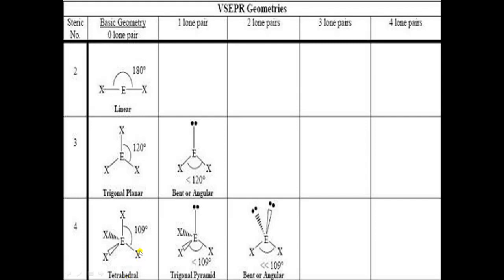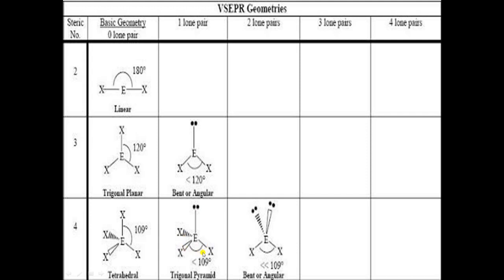Okay, in this geometry you will observe that there is no lone pair, only bond pairs are present. You should know what is the angle in tetrahedral, trigonal planar and in linear geometry. Okay, now when electron pairs are 4 and 1 lone pair is present, then this will be the shape. When 1 lone pair is present, that means 3 bond pairs are present. Okay, so 1 lone pair will come here and 3 bond pairs. 1 is here, second one and third one. Now you have to tell what is the shape of this molecule.